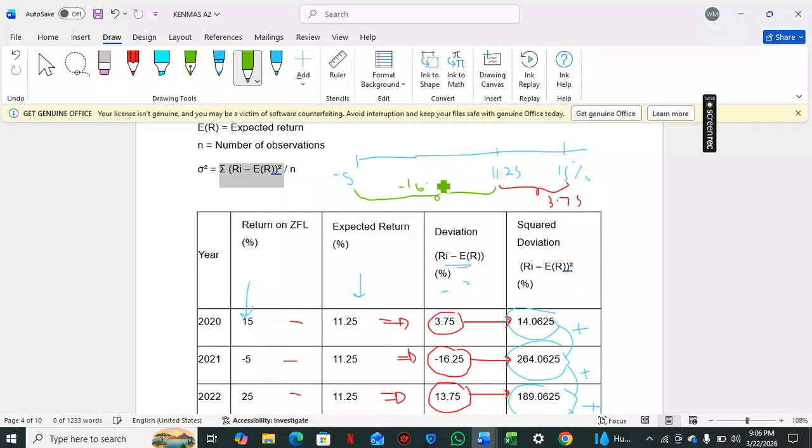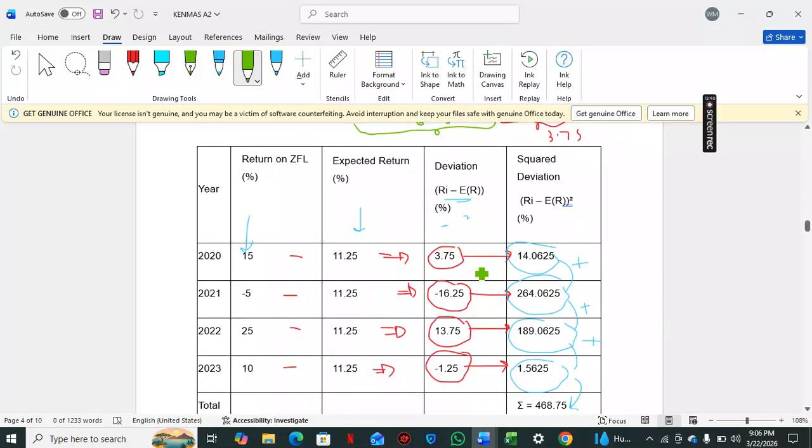Yes, sir. So these are the deviations first. You are calculating each return, how far is it from the average? Once you get the deviations, you square them. Each deviation you square it. This one squared, this other one squared. Are we okay with that, sir? Yes, sir. After you square the deviations, add them. As you can see where I added here, plus, plus, plus, plus, plus.